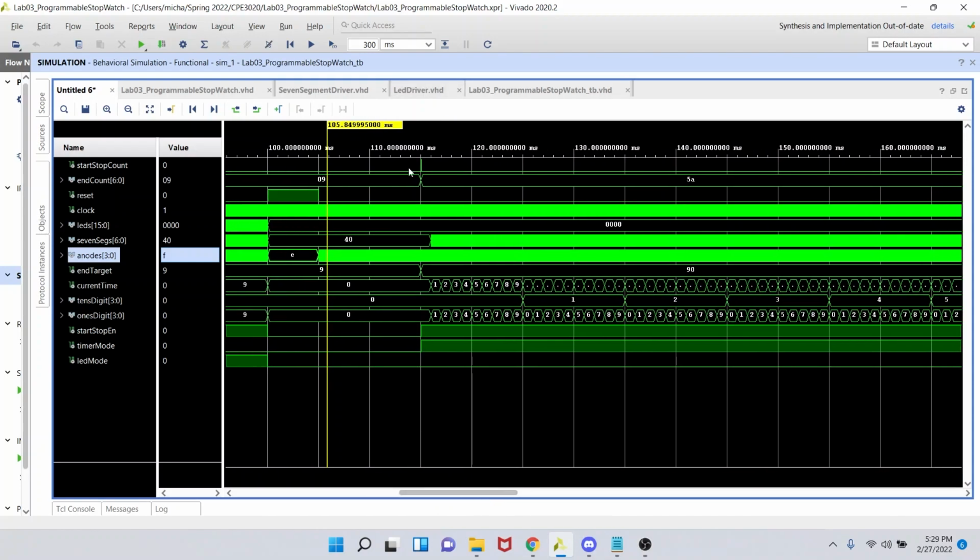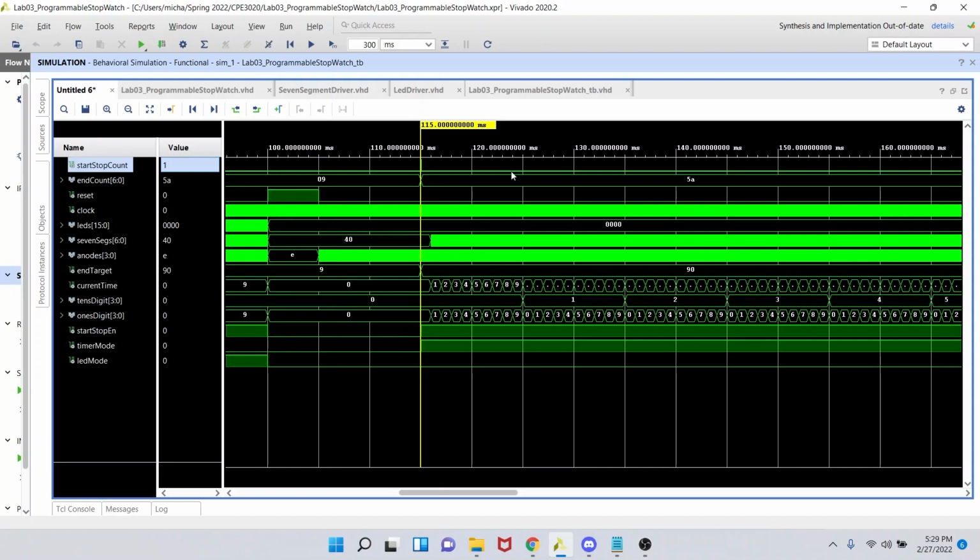So our next one starts at 115 milliseconds. That's number 6. And so we set our switches up to 90. We're going to press start, wait 100 milliseconds, press stop, wait 10 milliseconds, press start, and then wait another 10 milliseconds. So the expected output for that would be to go from 0 to 90 in 90 milliseconds, and then